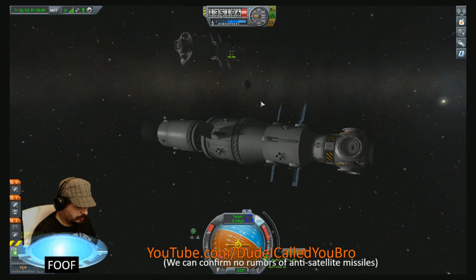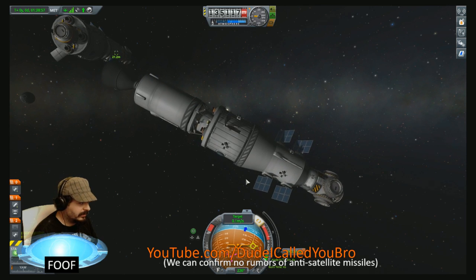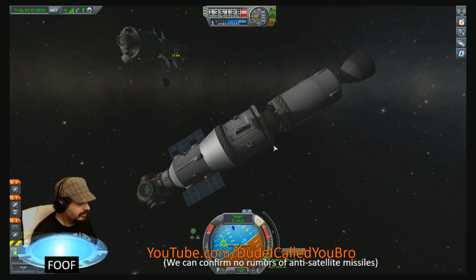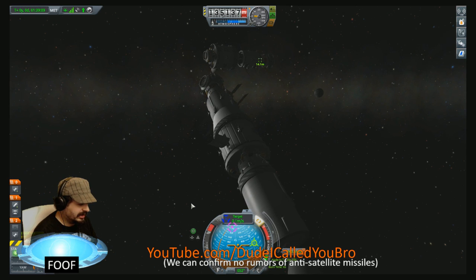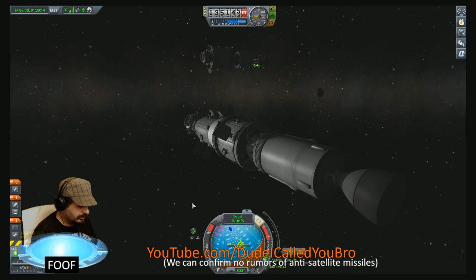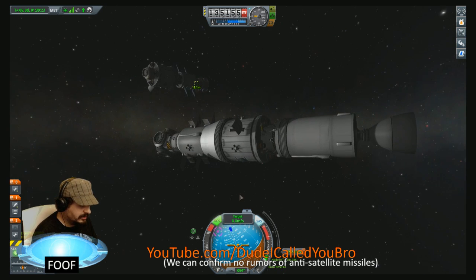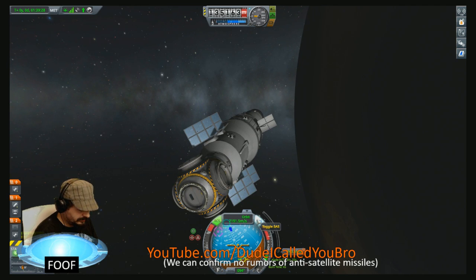There we go. Turn us around. It'll be fine. I went too far. This is why I like having the computer do it, although it doesn't seem to work when it's this close to target. There we go. It's the RCS to make it exact. Now the one thing I will do real quick...